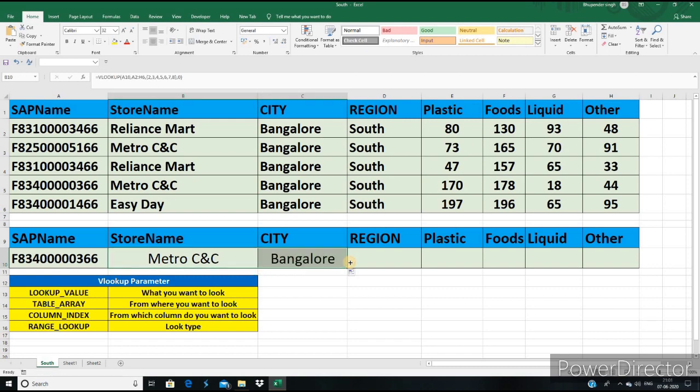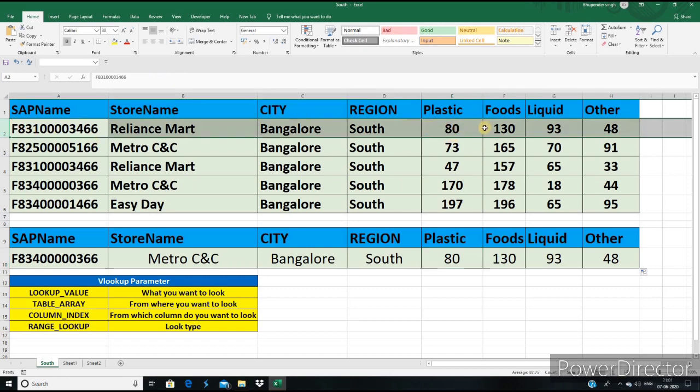If you drag the same formula across, we get an answer, but if you pay attention under the plastic column in the second row, you can see the values 130, 130, 93, 93, 48, 48. So our formula is wrong here.